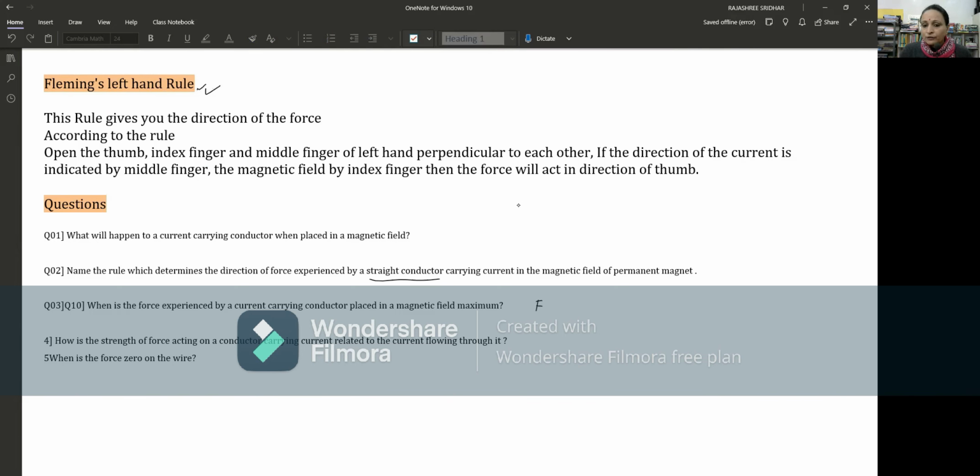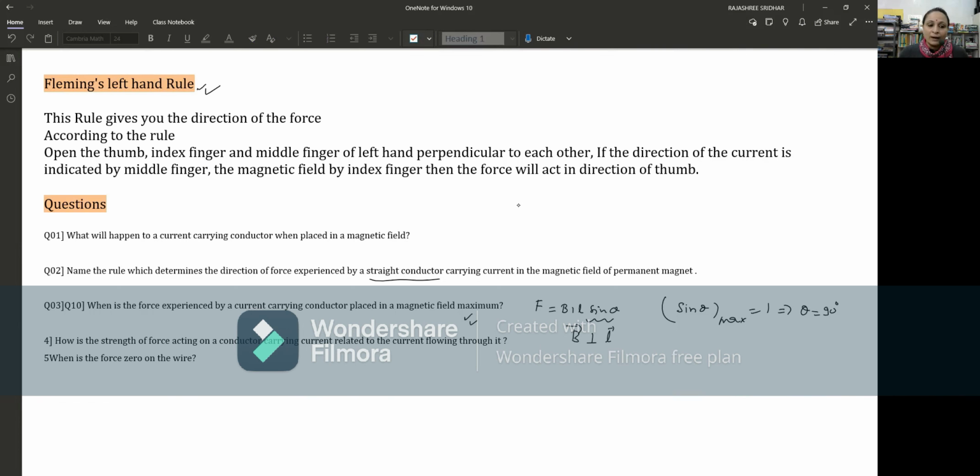Okay, now when the force experienced by the current carrying conductor is maximum, force कब maximum होगा बेटा? force का फॉर्मूला क्या है? F is equal to BIL sin theta। तो डिपेंड किस बात पे करता है? sin theta पे। तो sin theta की मैक्सिमम वैल्यू कितनी होती है? अपन को पता है 1। कब होता है? जब थीटा इज इक्वल टू 90 डिग्रीज का होगा। इसका मतलब अगर मैग्नेटिक फील्ड और जो वायर है अगर एक दूसरे के परपेंडिकुलर होगा तो जो मैग्नेटिक फोर्स उस पर लगेगा वो मैक्सिमम होगा। देन अंडरस्टूड ना? मतलब वायर अगर इस तरीके से जा रहा है तो मैग्नेटिक फील्ड को इसके परपेंडिकुलर होना चाहिए,